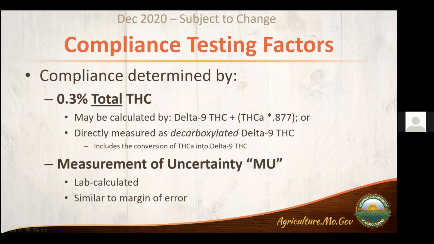The other method for a laboratory is to actually convert the THCA into delta 9, rather than calculating the potential. This is a process called decarboxylation, and is essentially heating the sample to induce the real-life conversion. After that process, the decarboxylated delta 9 THC is measured and is considered the total THC measurement.